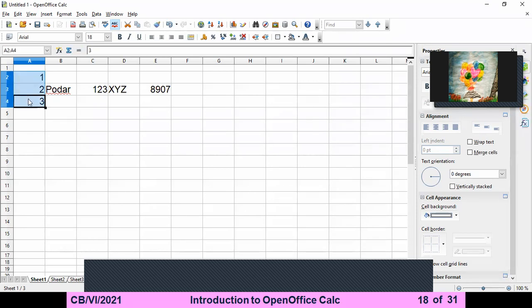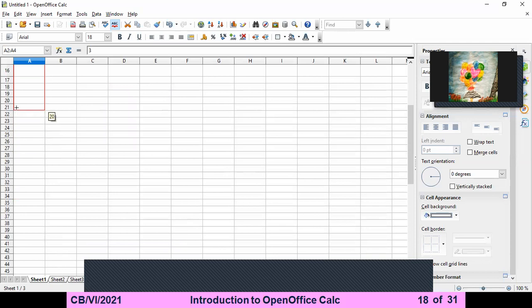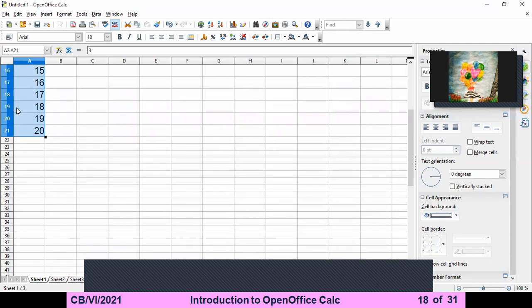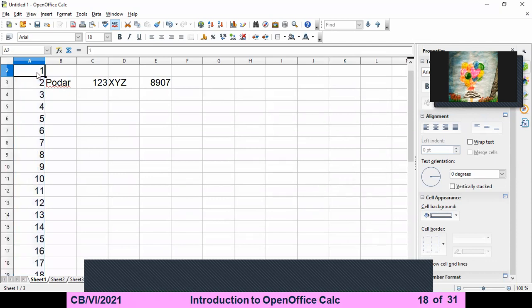You have to select it. You can see here the black dot, and whenever you drag it, आप उसको drag करना है नीचे की तरफ, so the numbers will be filled automatically. That is called the autofill. आप देख सकते हो 20 अपने आप ऐड हो गए. I'm not writing a single thing, but yes, whenever you are writing only one, it will be copied only one. Autofill means copying a thing. Autofill का मतलब ही होता है copy करना.